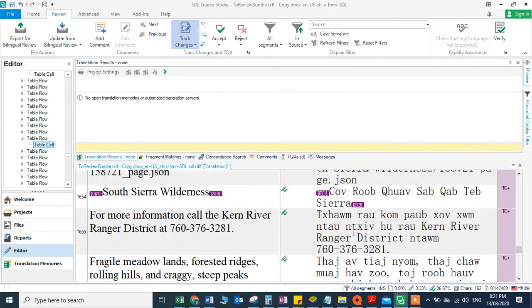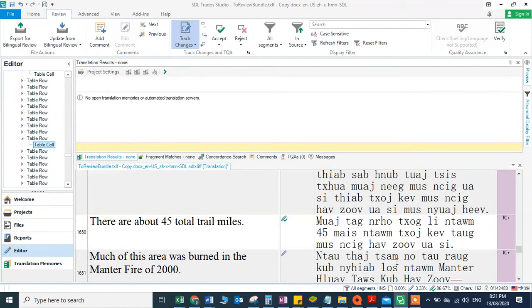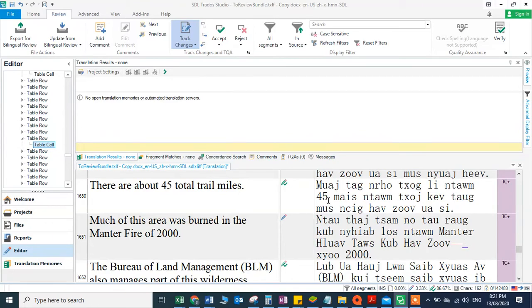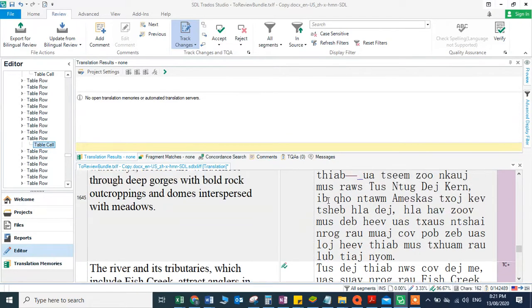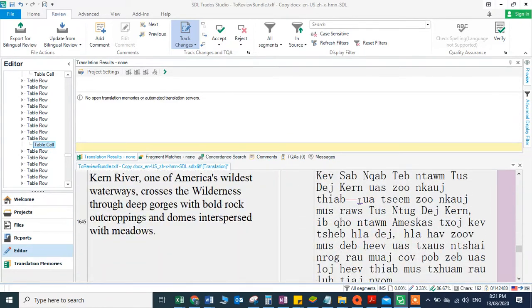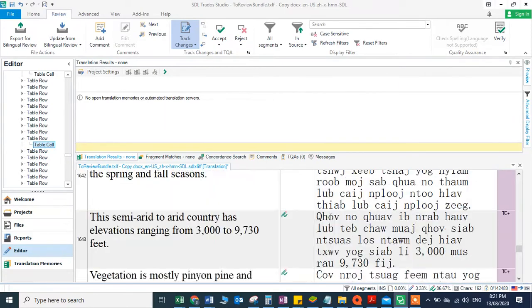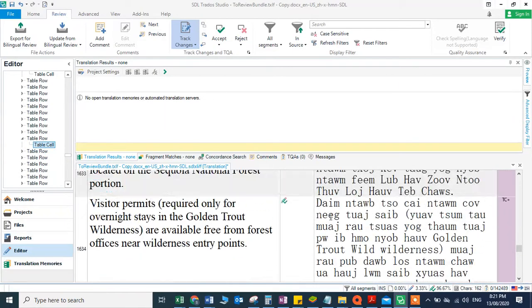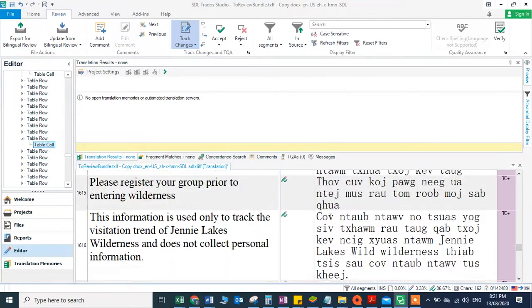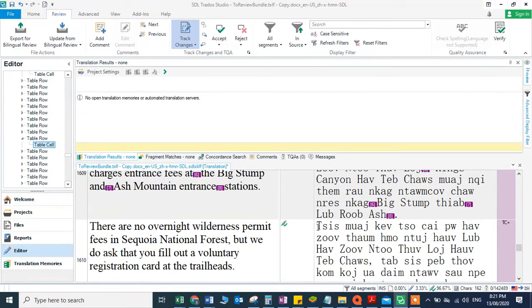Where else? Let's check it up here. Here it fixed a double space here, and let's see up here. Also here it fixed a double space. Right. So with that, it will help you a lot with fixing these issues rather than going one by one. So I hope this helps a lot.